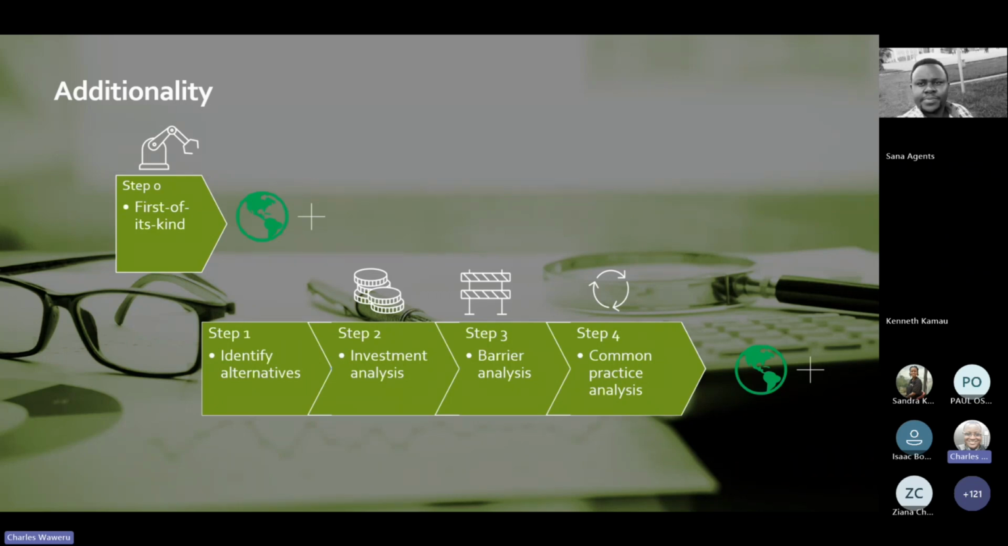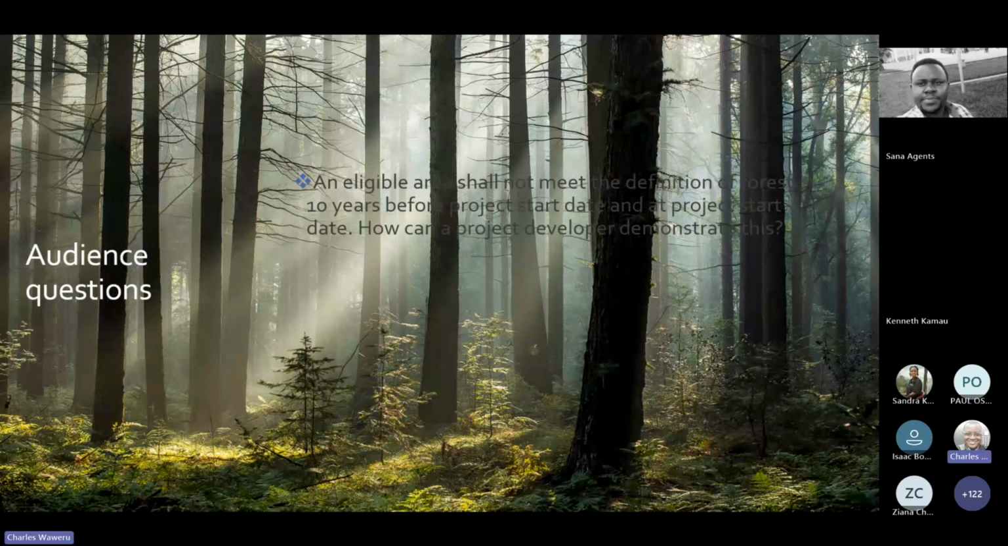I hope that point is very clear on how we look at additionality. In case something is not clear, please feel free to put it in the chat box. Or, for example, if you're currently designing a project and you want to see how best you can demonstrate additionality, you can send us an email and we'll gladly respond to you as soon as possible. My question to you,